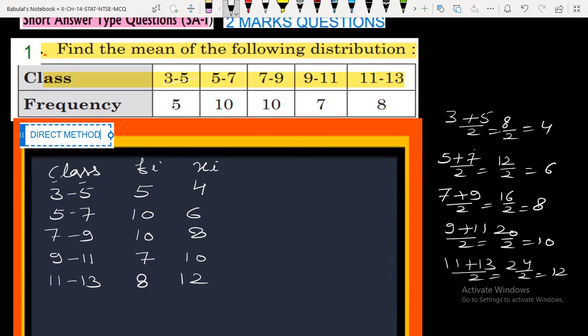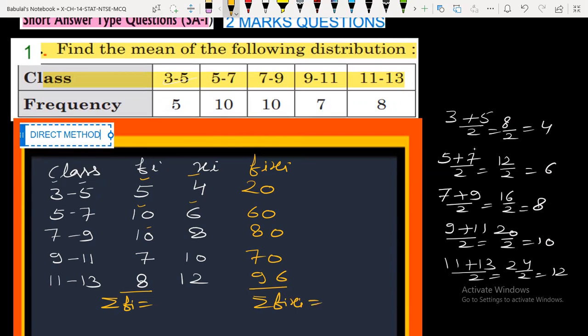Next column will be of fi into xi, means multiply the frequency with the corresponding class mark, means 5 into 4, this is 20. 10 into 6, 10 6s are 60. 10 into 8, 10 8s are 80. 7 into 10, this is 70. 12 8s are 96. Please keep a notebook with you and do with me. Most of the students make mistakes in calculating,